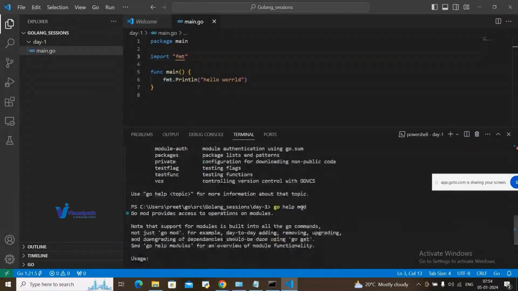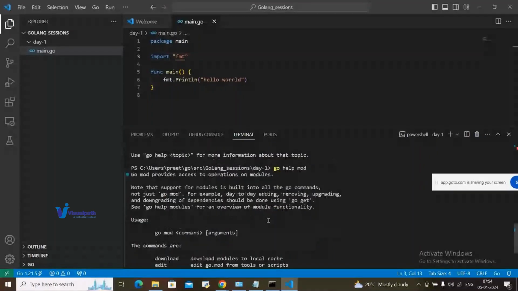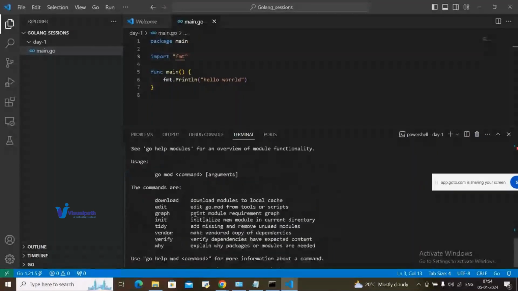Mod is basically one of the commands provided by Golang to create the modules or to destroy the modules, or whatever operation you want to do with respect to the modules, you can do using go mod. So it will give all the information about the modules and also provide the usage along with the commands. There is an init command present here. It will initialize the new module in the current directory. So now let me use the same thing,